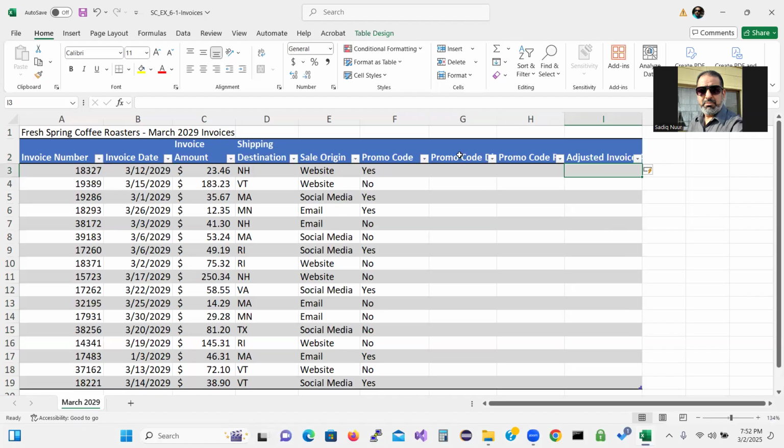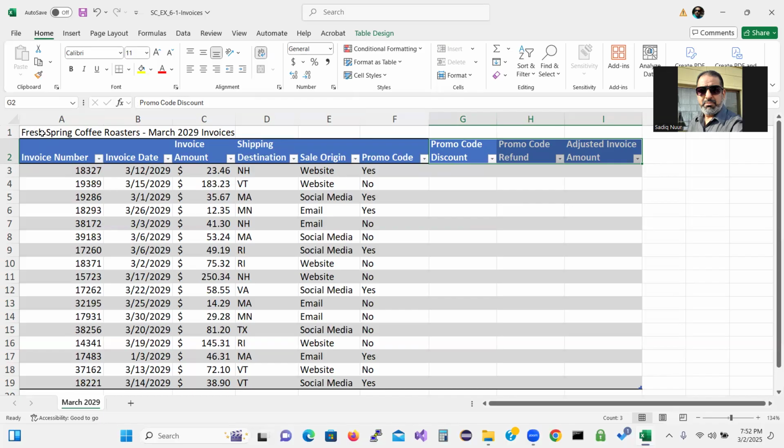All right. So let's see if I can select the three of them, the G2 all the way to I2, and then go back to the home, and then we need to wrap. Perfect. All the three has been wrapped. All right. Now we want to center across a selection. So what's going to happen with this one? We wanna